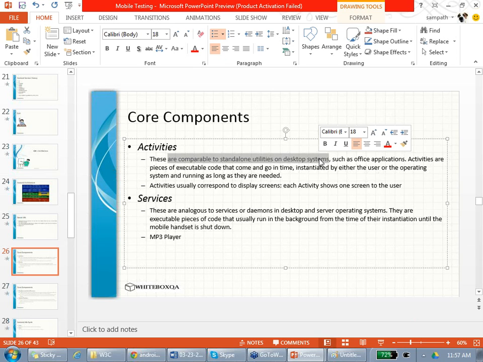Am I clear? So for example, when you are talking to your interviewer tomorrow, you say, this app of mine had 4 activities, 2 services. You understood? You should speak like that. Don't say that I have 4 screens. There is a difference. I have 4 activities.